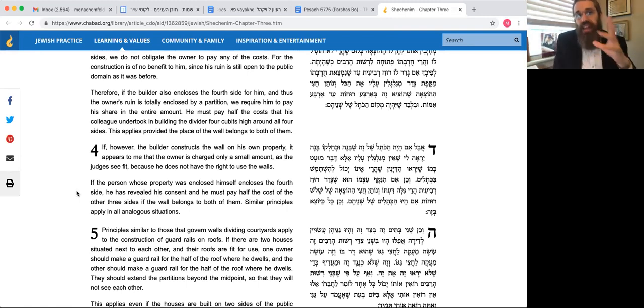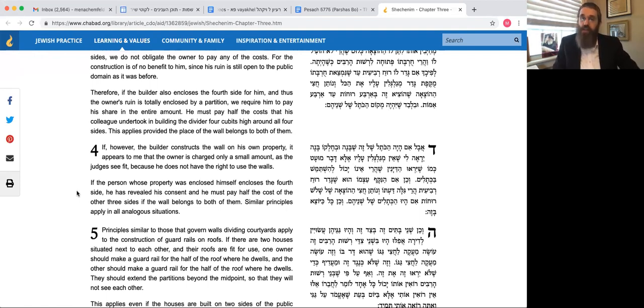So again, that's the principle. When exactly do you apply that in principle is another discussion. But if you apply that principle to this case, then I tell my neighbor, look, you built 4 walls around my property, but you built those 4 walls because you wanted them for your property. The fact that I am benefiting from what you did seemingly is of no consequence to you. The fact that I'm getting a benefit, that shouldn't bother you. And therefore, I shouldn't have to pay, even if you surround me with 4 walls.